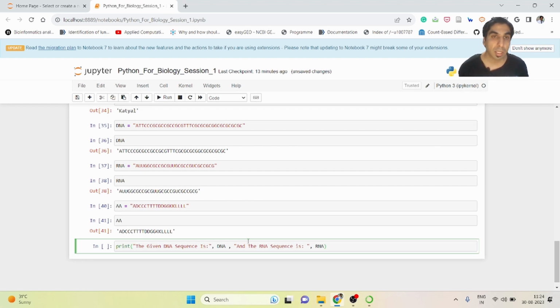Why do we use str? Because if something is available as a string and another thing is available as an integer, you cannot convert a string into an integer, but we can convert an integer into a string by using the str function. We have done that in the previous example. So I'm using a comma, and all in capital letters is there,